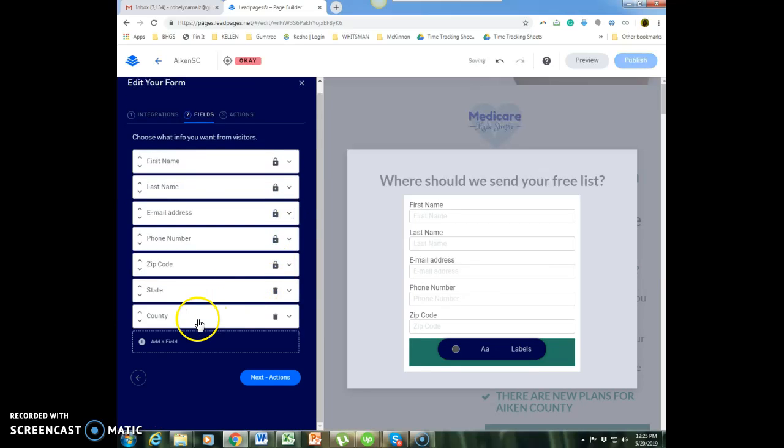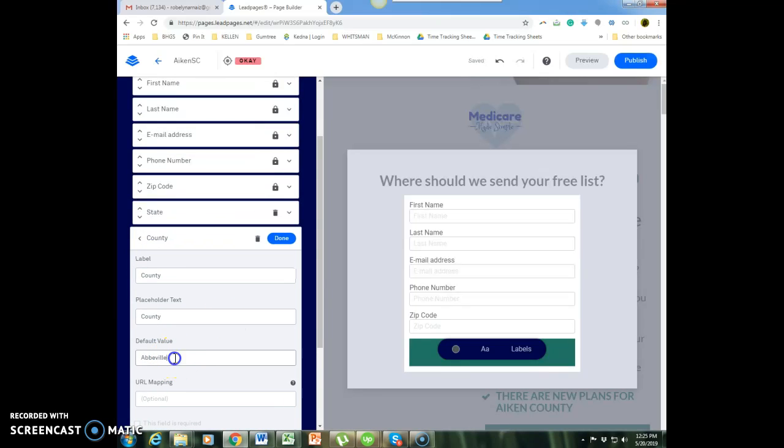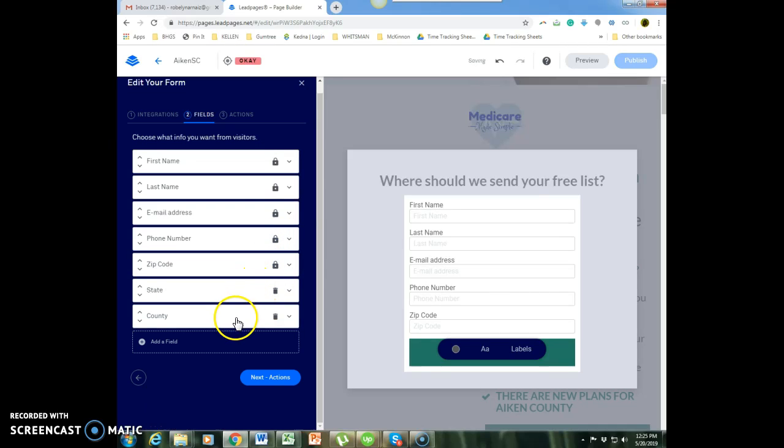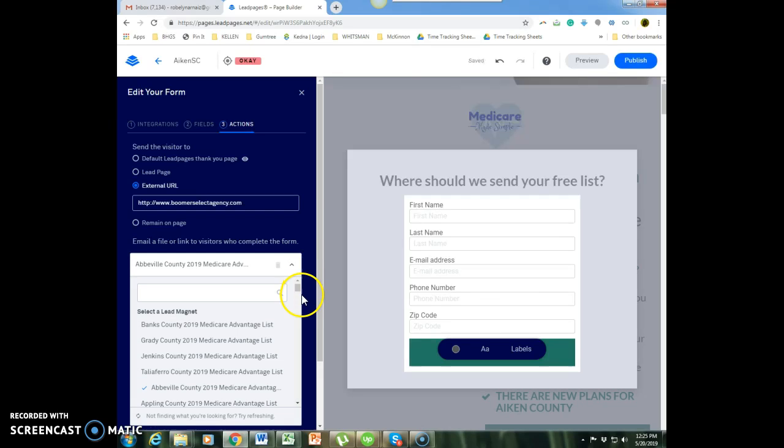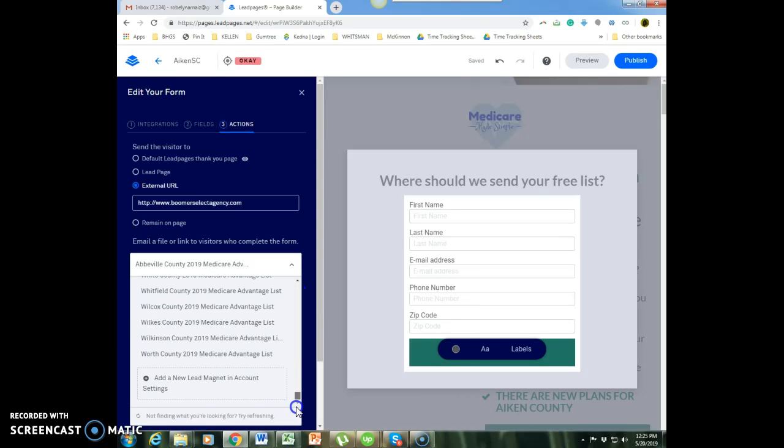Okay, click done. And your county is Icon. So, change your default value for county, and then done, and then next action. You will also find your lead magnet, which is Icon. So, go to the very top, and then